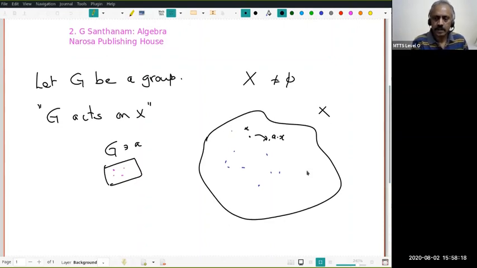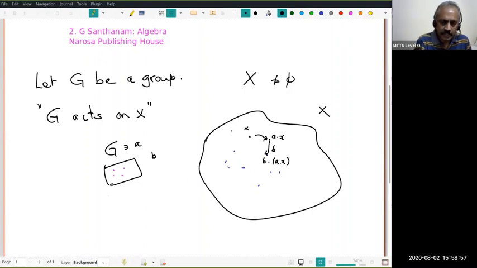Right. Now, what may happen is there is another element B in G. Then B kicks the ball at A dot x, and it goes to some place, which I will denote by B dot A dot x. Do you understand this? If you want to think of this as a force field consisting of various forces, when a particle is there and the force A acts on that, you get A dot x. Then the force B acts on that, you get this place.